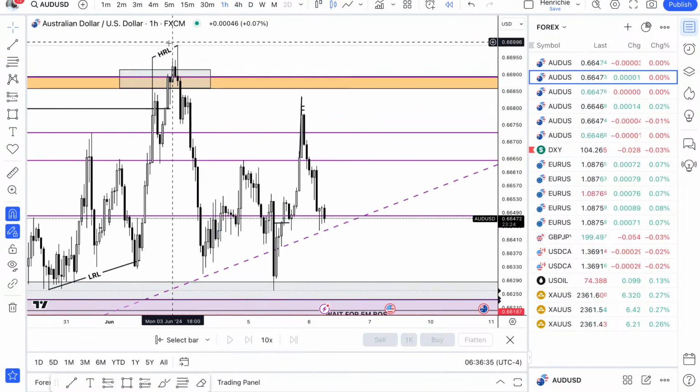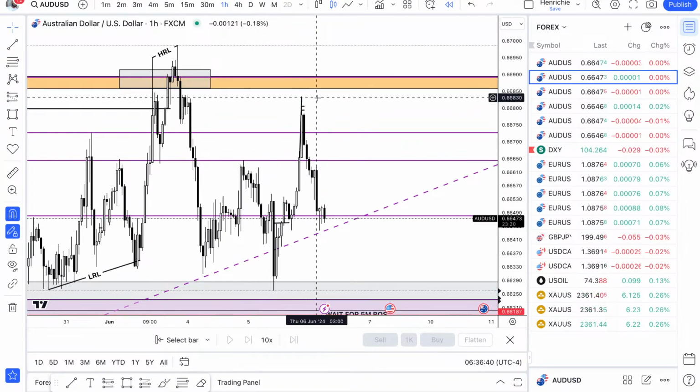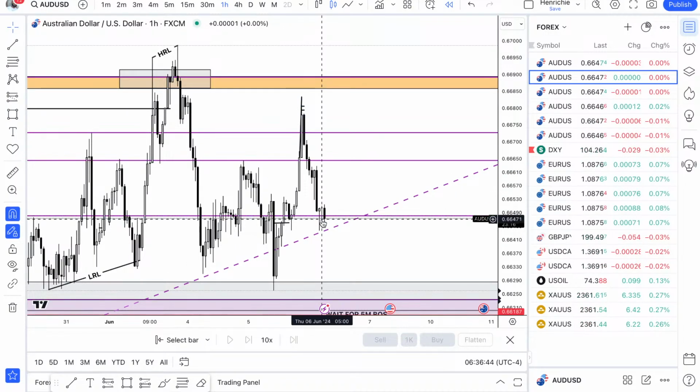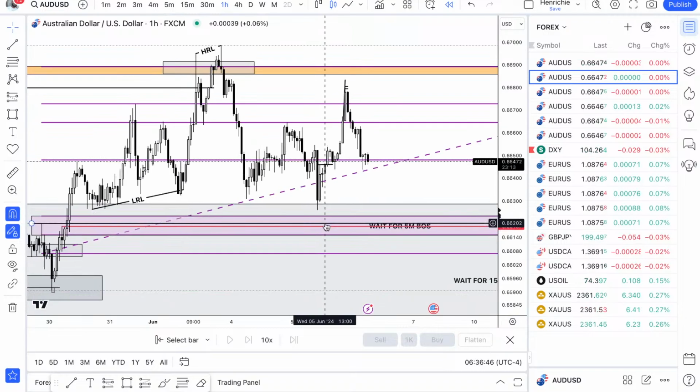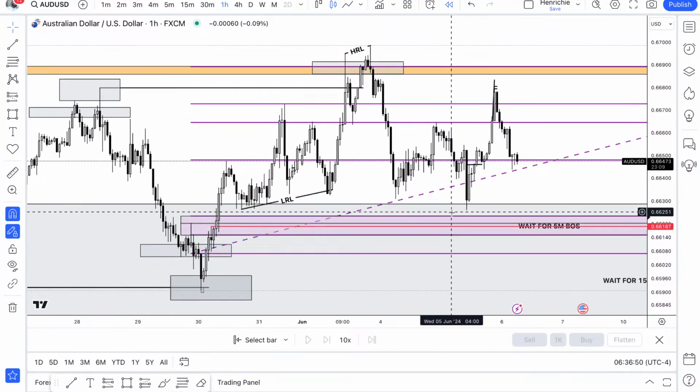You can see how this high resistance liquidity acted as a resistance zone, and we rejected off that position. And the next thing we saw was this huge decline in price. And like I said previously, for Aussie, I'm still anticipating to see Aussie run the sell side liquidity. And you can also see how that plays parts both in